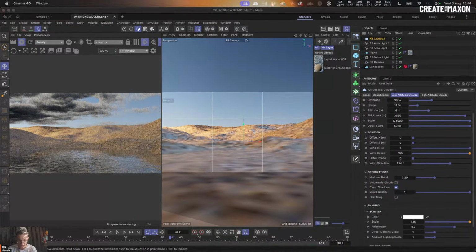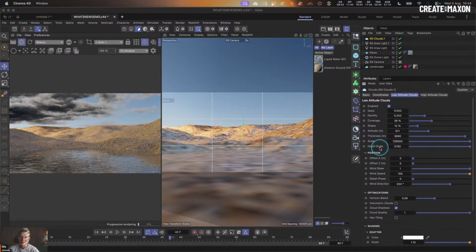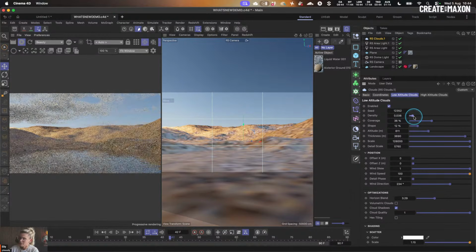One of the questions we just had that I've just seen: why are the clouds so dark? So this is as a result of a few different things inside of the cloud object. For a start, it will be due to the density. If you think about clouds in the real world, really thick, really dense clouds tend to be darker, they tend to be more grey. So obviously less light is going to travel through them and they're going to be represented in this dark grey colour. If I reduce the density, it will then reduce the, quote, darkness of our clouds